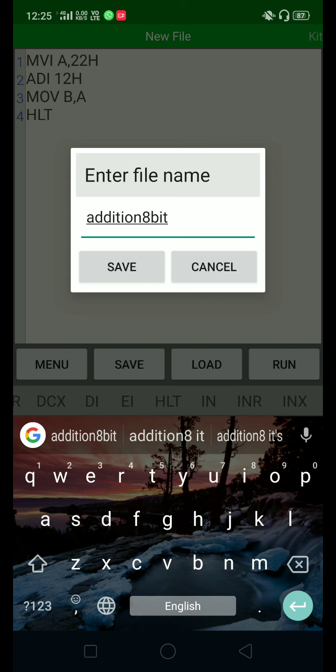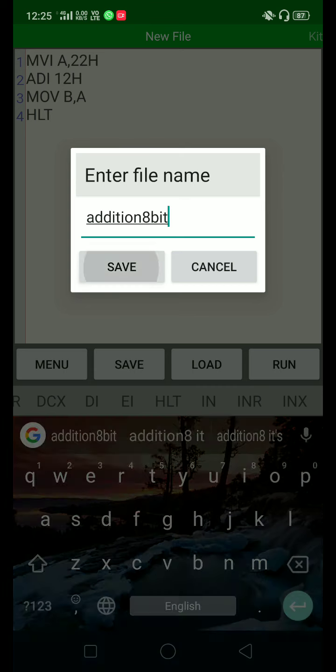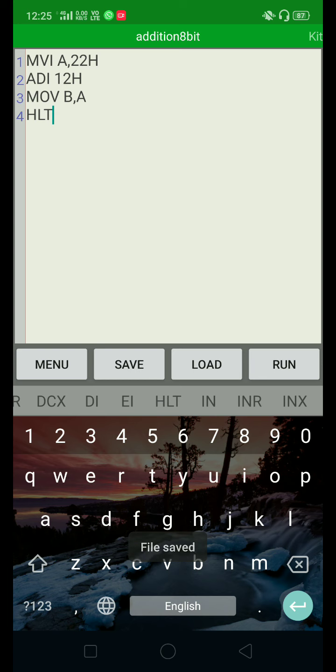Addition 8-bit is the file name for the program. Just click on the save. Okay, the program gets saved. Now the program is available